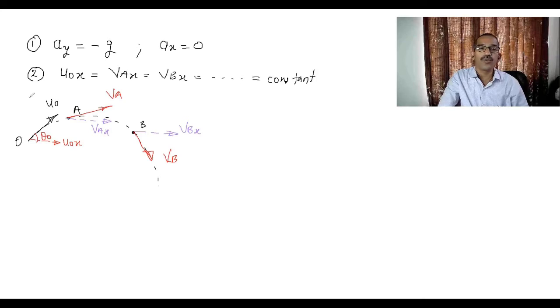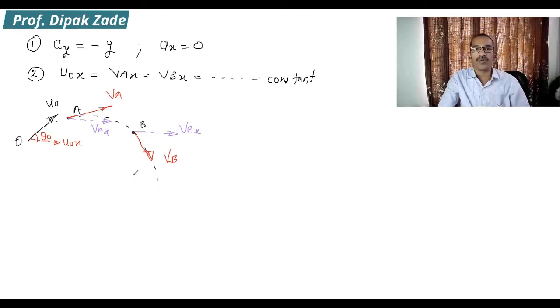So what is the use of this concept while solving problems? Whenever at any time instant you have to find the resultant velocity, or where it strikes, say at B, you already know one component, because the horizontal component of velocity is constant. That means once u0 and theta 0 are given, you know the horizontal component of velocity at all locations. This is very important.